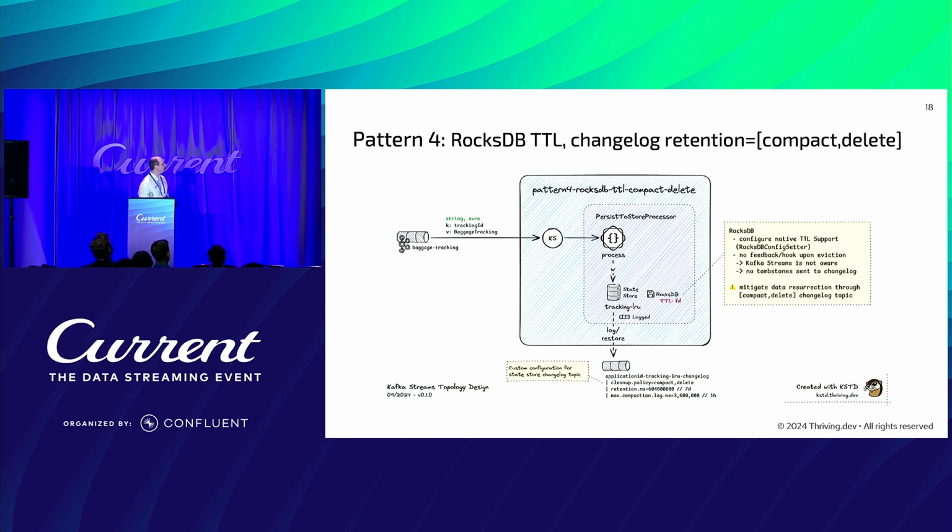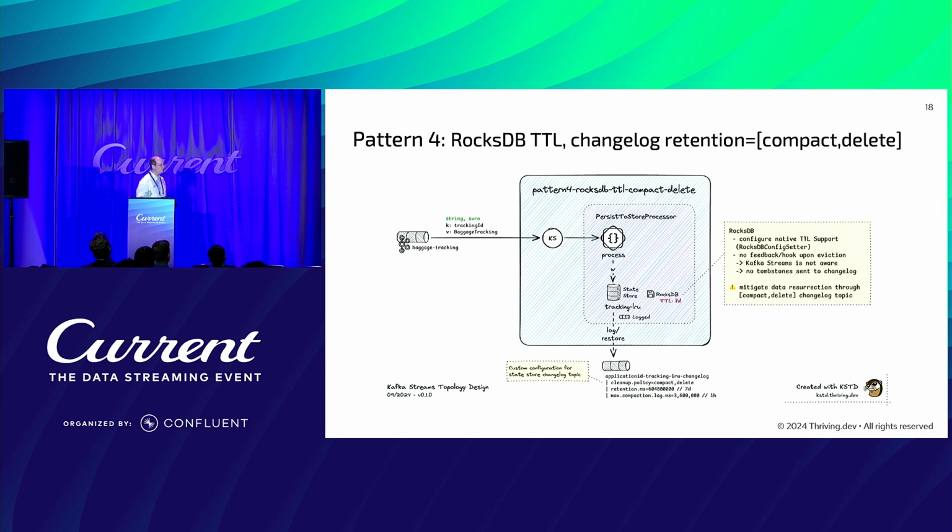Before we answer that, let's just again look at the diagram. It's essentially almost the same as the previous one and the ones before. We have a custom processor, we have our state store, and here we use RocksDB with a TTL of 7 days set on this diagram. Kafka Streams does not have a native method or anything to set the TTL, but there's a way to configure RocksDB by using the RocksDB config setter. And in this config setter, you would have the option to set